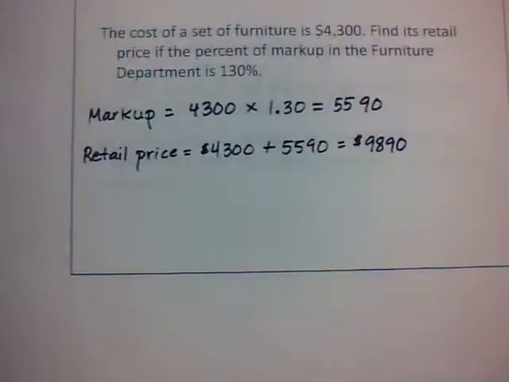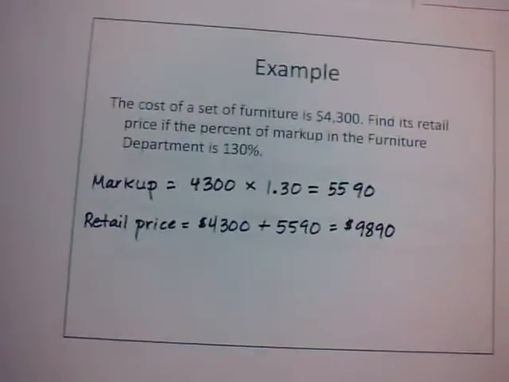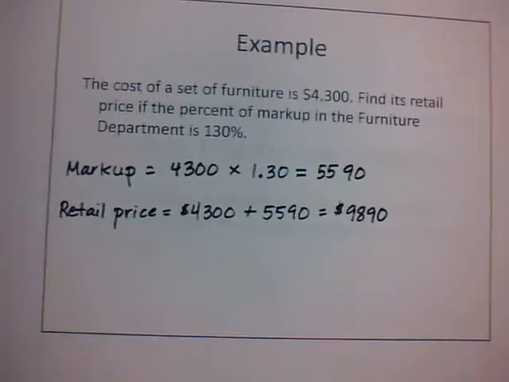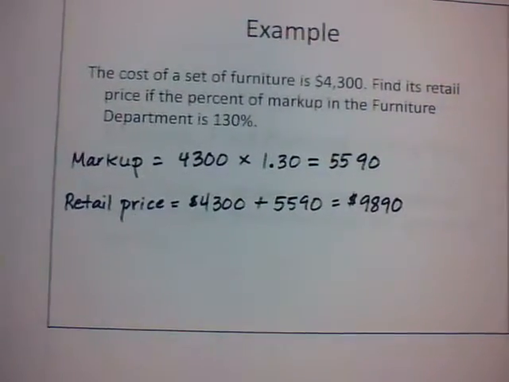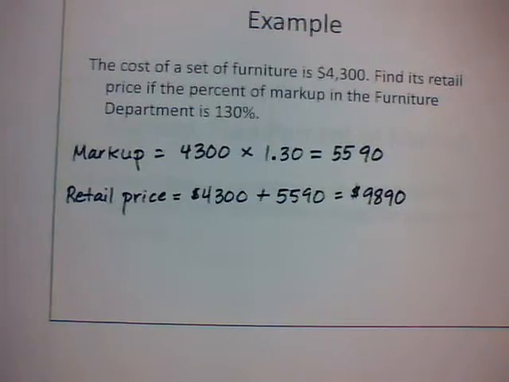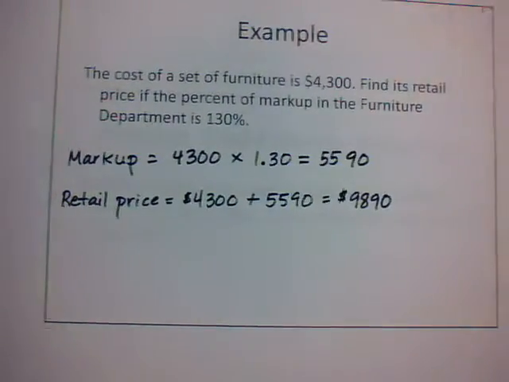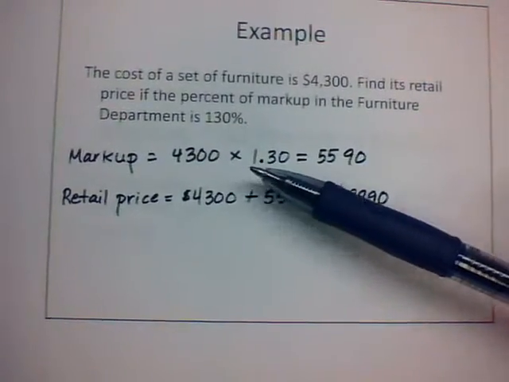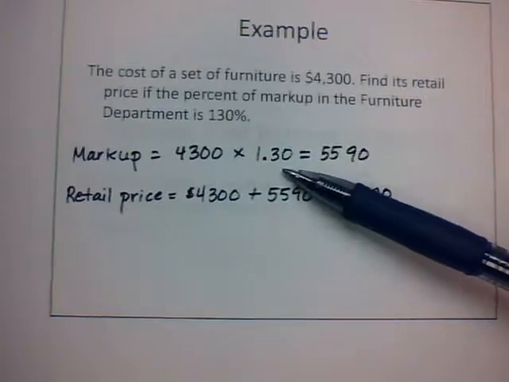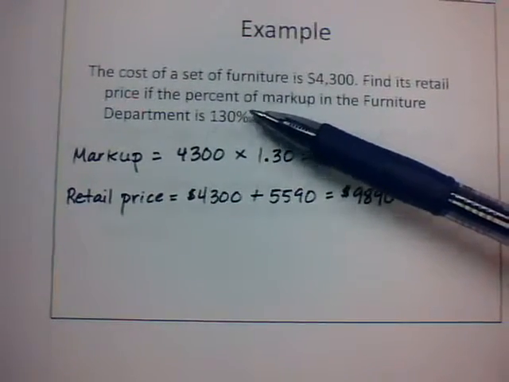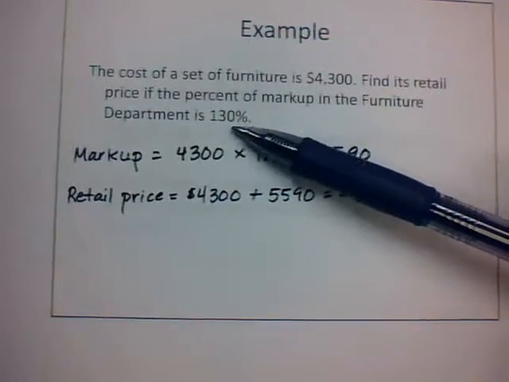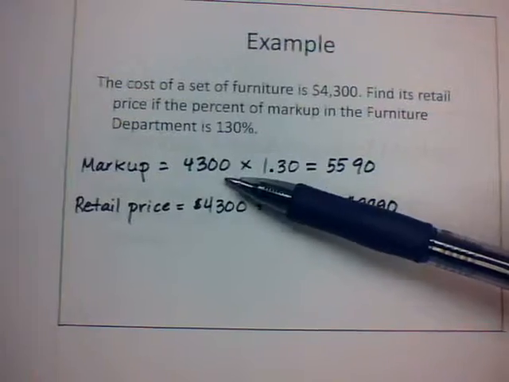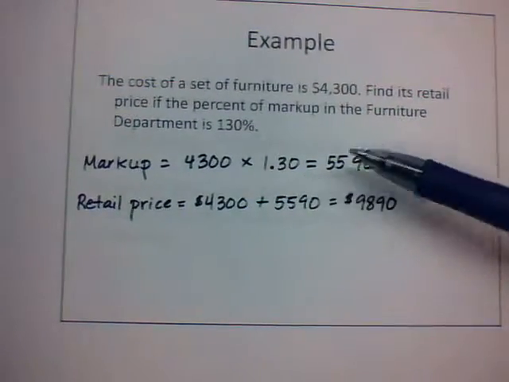So if we look at this example here, let's say the cost of a set of furniture is $4,300. Find its retail price if the percent of markup in the furniture department is 130%. And as you can see in this particular problem, the cost is $4,300. We multiply that by 1.30. Keep in mind 130% as a decimal: we drop the percent sign and move it 2 places to the left, so the decimal point is between the 1 and the 3. So 4,300 times 1.30 would give us